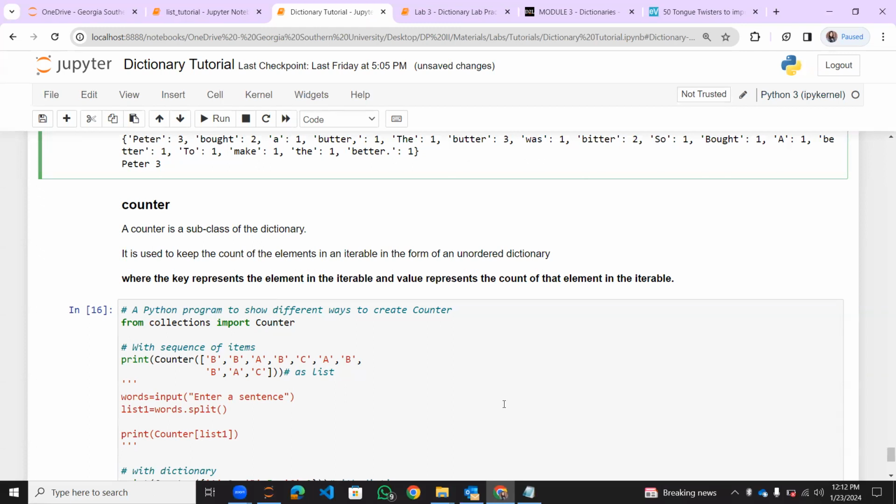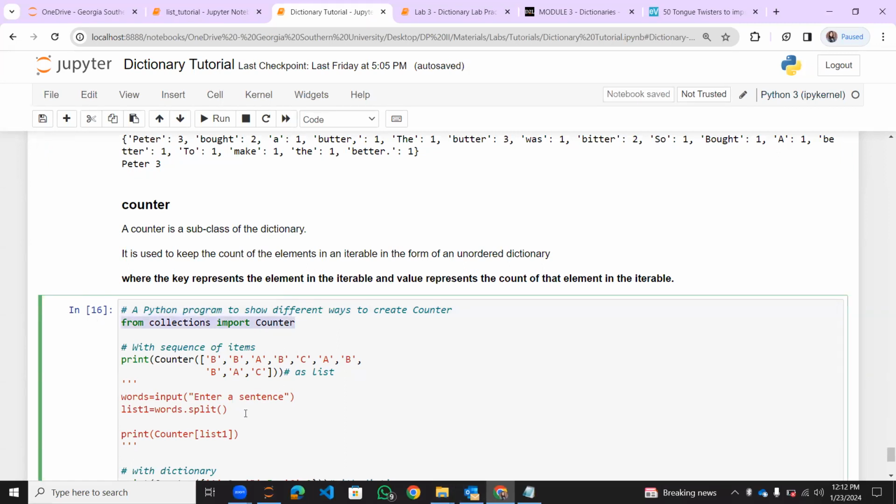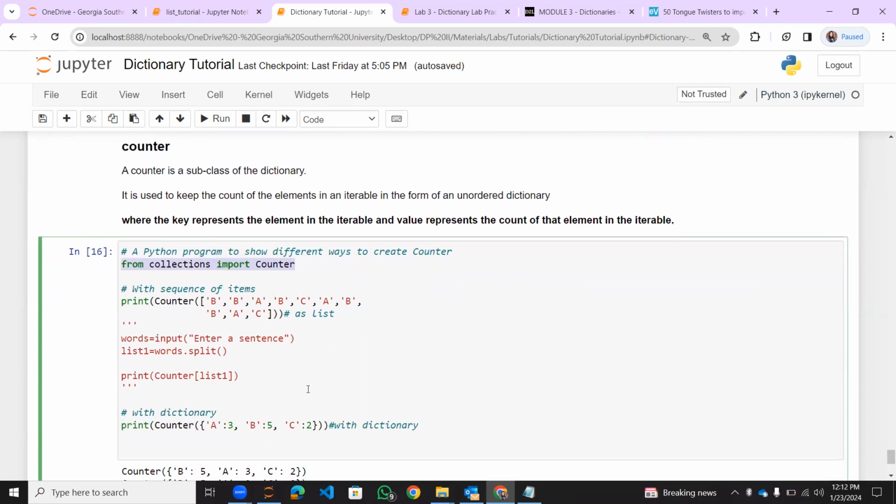The package name is Counter. Where is this package available? It is part of the collections library. I hope you have used the math package and all those things, right? So from the collections package, you are importing Counter. We are going to do a similar thing, but without the for loop, dictionary, and list. If we can use the package to do this, simply here, what I'm doing,